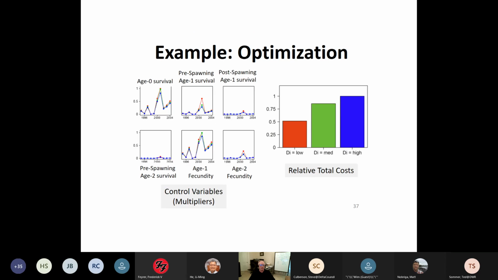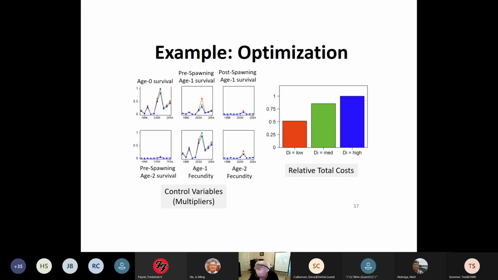And what knobs were we turning? Well, we were turning age 0 survival, so you could think how you would do that. Age 1 survival, increasing their spawning, and then increasing their fecundity, which you think is giving them more food, right? The others may be reducing entrainment is one way to get that survival up. And these are how much these would have to change in that optimal solution. So it's the same 3 colors, and it would get you lambda above 1 at different costs.